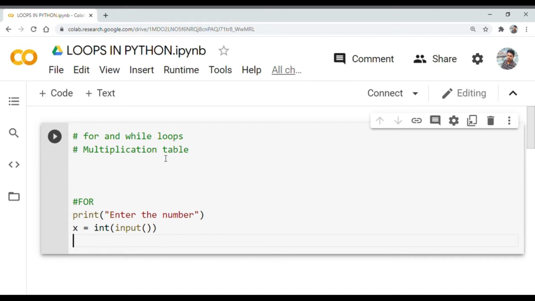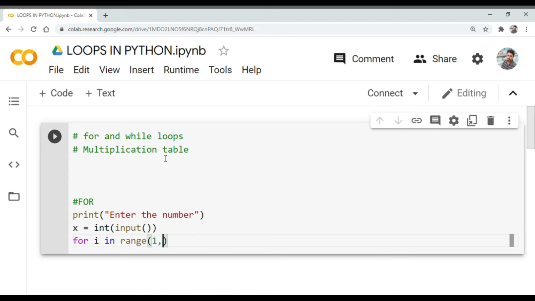After we take the input, we will have to run a for loop, like for i in range. You must be remembering the range function, right?